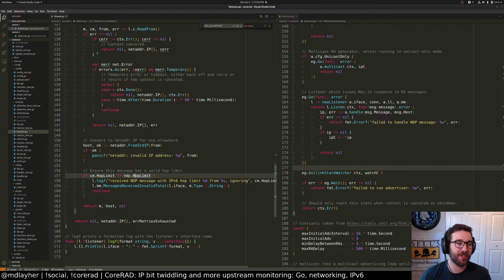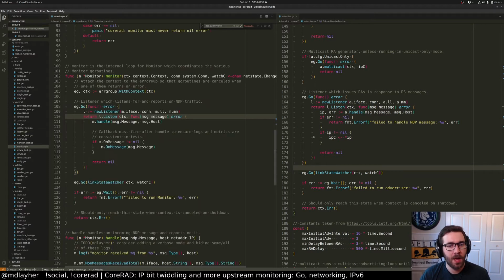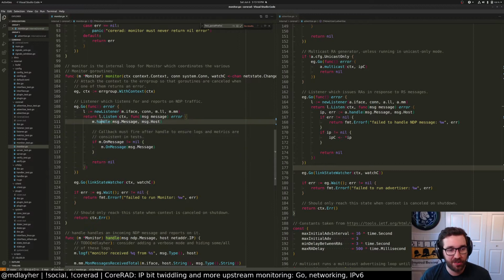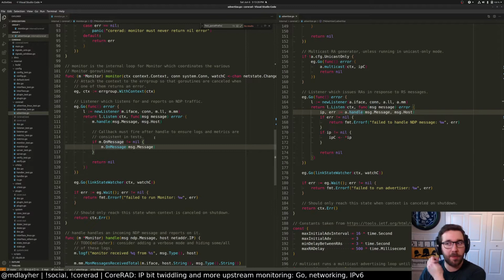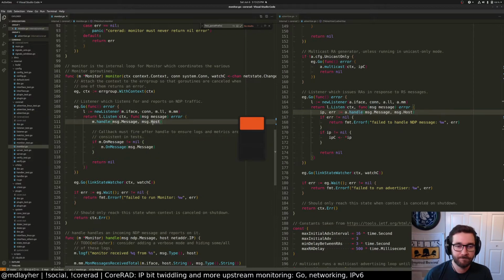So I factored out all this code, and as a result, the monitor and advertiser listening loops are much simpler. The monitor just calls mhandle and then calls a callback. The listener calls this handle function that does a lot more things. So what I want to do is demonstrate where we're at this point, and then we can describe, I guess, what's next.